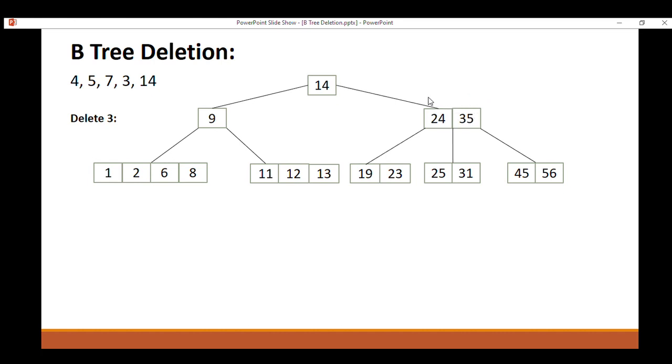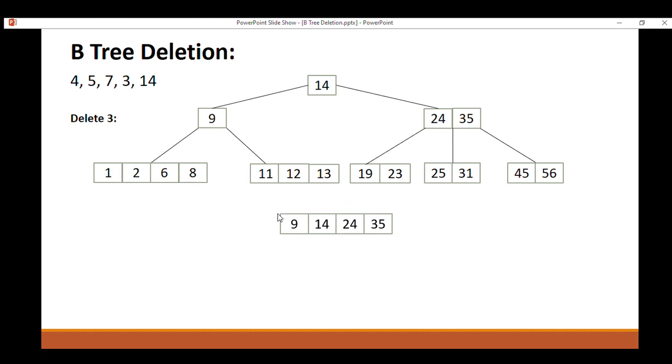So what we have to do now is bring the parent one level down, and it will be merged with its left subtree and right subtree. After merging 14 with its children, the root node will become 9, 14, 24 and 35.